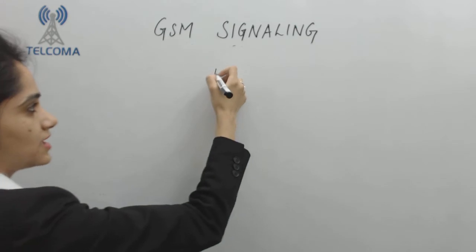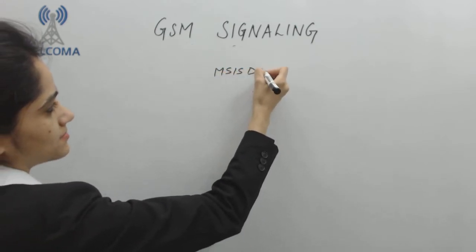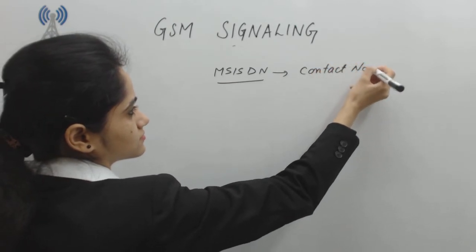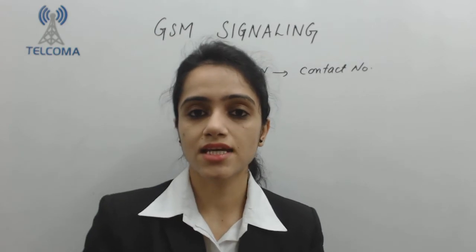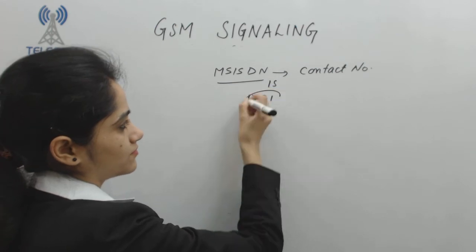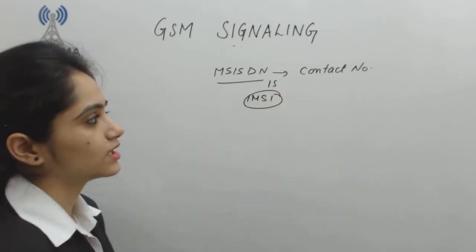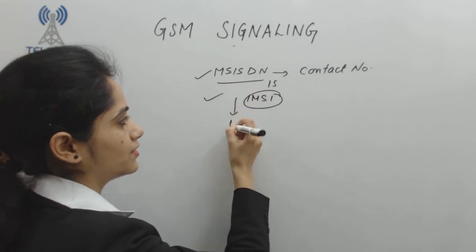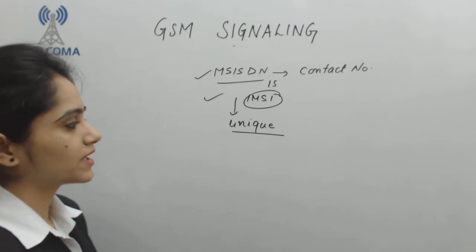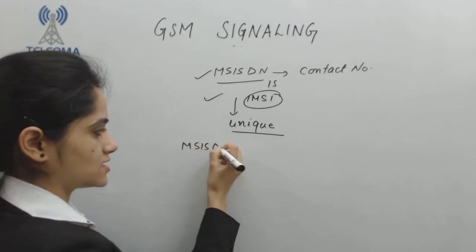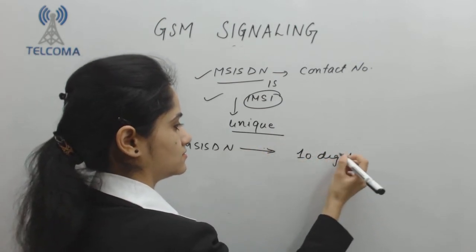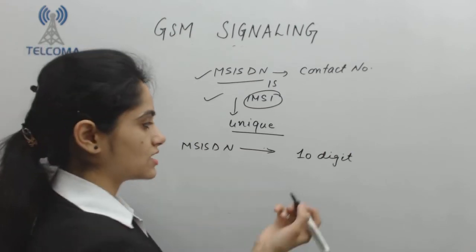That means if I am allocated one MSISDN, this MSISDN is nothing but our contact number. Corresponding to this, I will be allocated one IMSI number. Now both numbers are unique. The specification of MSISDN is that it is a 10-digit number, and its composition is